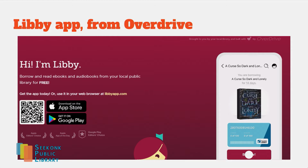to start reading immediately after you borrow. So there's no need to be bogged down in all of the technical jargon. Is it EPUB, MP3, PDF? All of that is hidden in the background so that you can start enjoying your title even before it's completely downloaded. Another wonderful feature is that you can add, remove, and rename cards from all of your